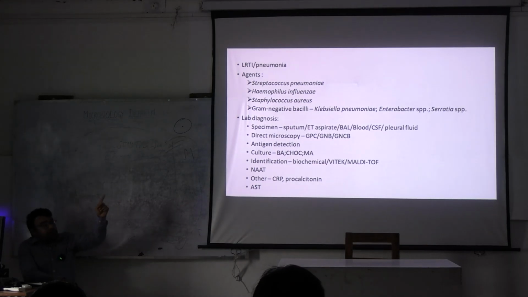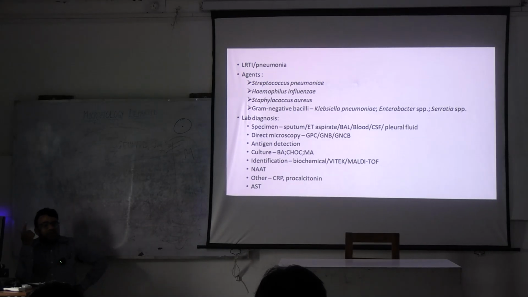If you look at these organisms which commonly cause pneumonia, you will find these are the same organisms which can also cause meningitis. And if you look at the pathogenesis of acute bacterial meningitis, you will find these organisms are acquired through the respiratory route, and from there it reaches the meninges. Hence, there is a high probability that this child may eventually develop meningitis.